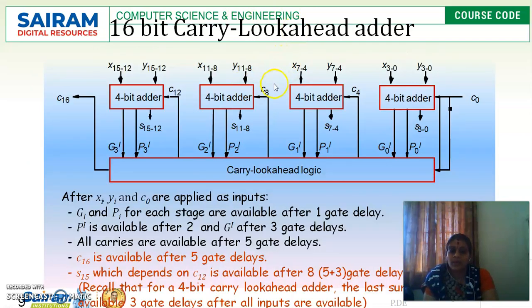So this is the 16-bit carry look ahead adder. What does 16-bit mean? If we combine 4 different 4-bit adders, we can easily get the 16-bit carry look ahead adder. Here each and every carry and propagate function will have 1 gate delay at each stage, and finally we will get P of I. This will be available after 2 to 3 gate delays, right? And all the carries will be available after 5 gate delays, right? So this is the logic of the carry look ahead adder. I hope you have understood this concept. Thank you.